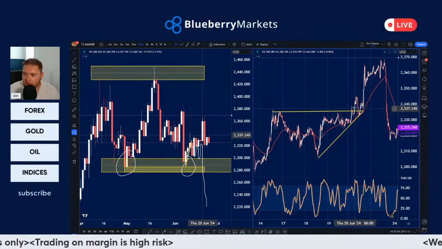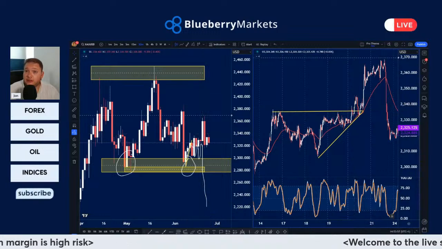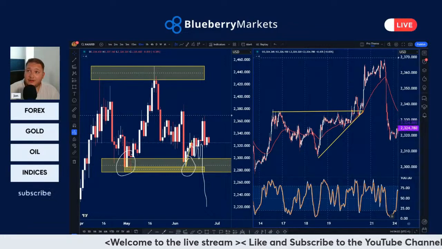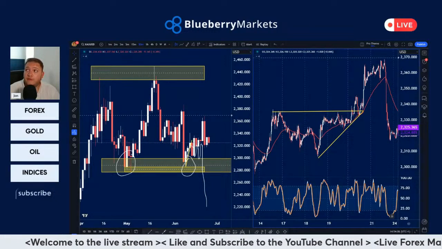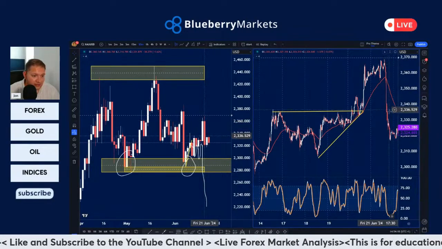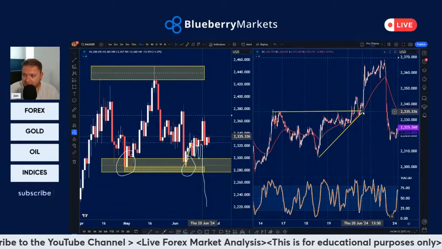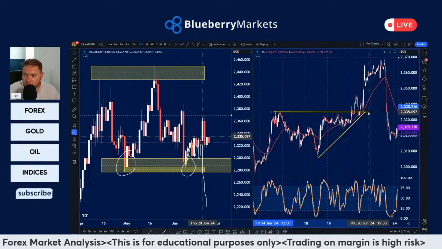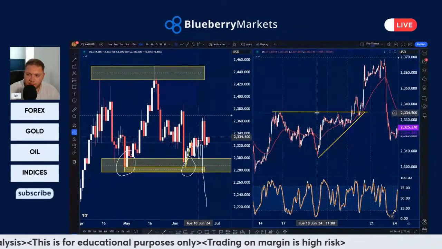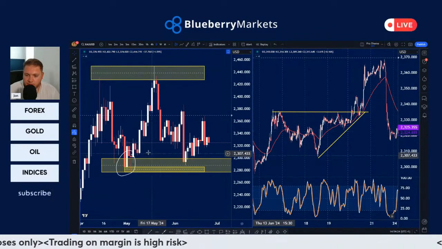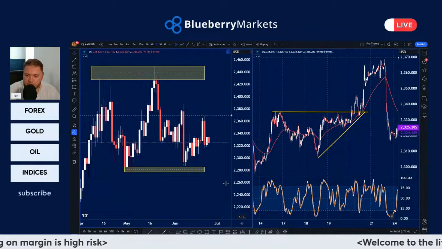I did. I traded the breakout of this on gold, and I did okay. I'm just going to say I did okay because I took half my position off at the highs here, moved my stop loss to break even, and then got taken out at break even on the second part of the position, which is unfortunate. But we played this one pretty nicely. What we were discussing in the live stream last week, I'll get rid of all this old data,